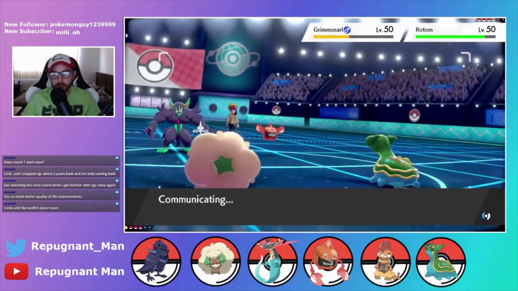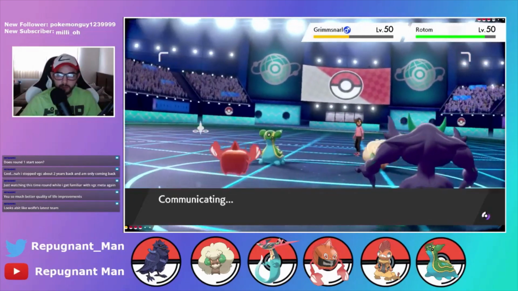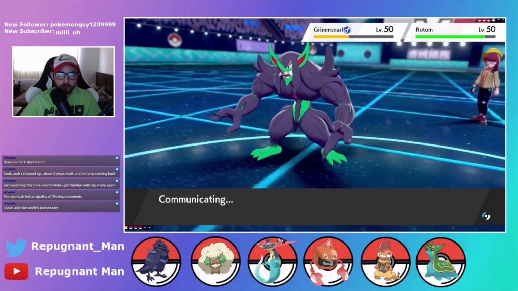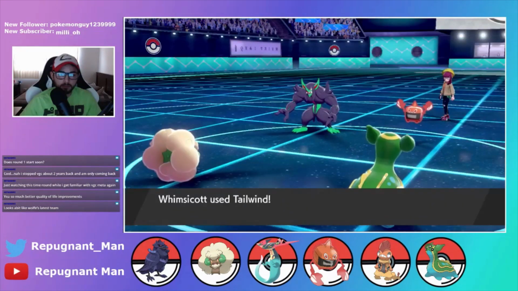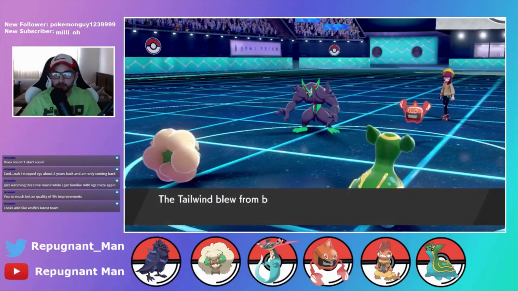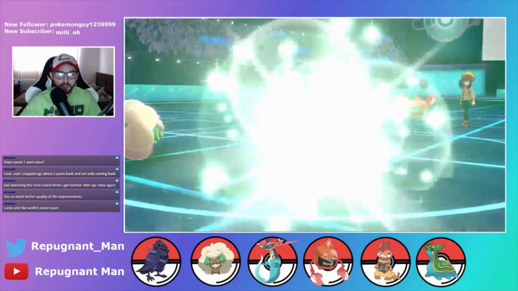He's still communicating. What's his out? He has Dracovish in the back. His Grimmsnarl's not doing much. Tailwind goes off. We don't get the full para. I get the recover off. I'm not doing anything this turn, but...